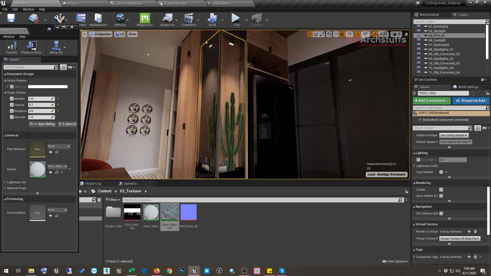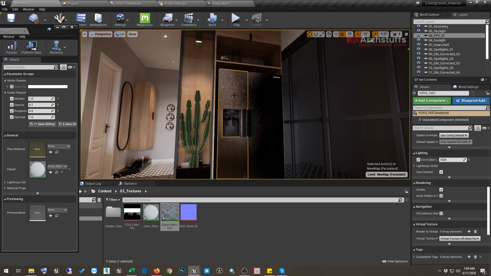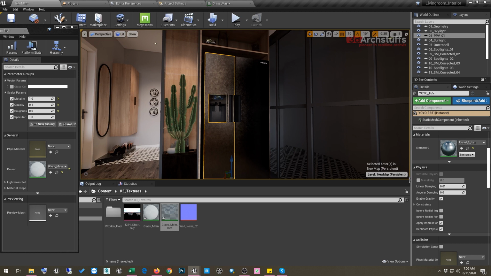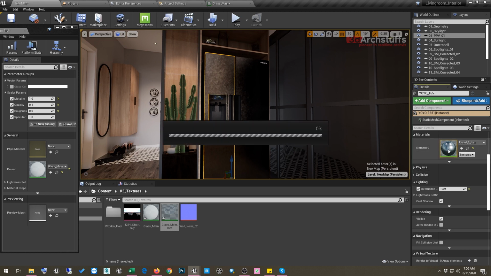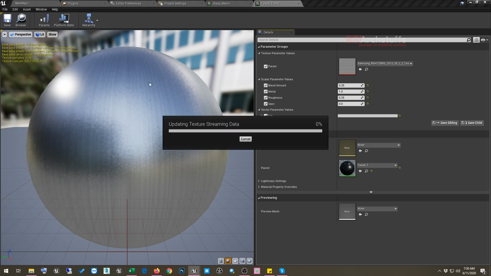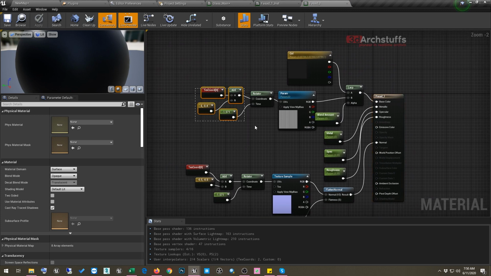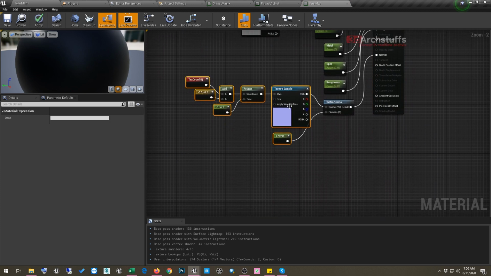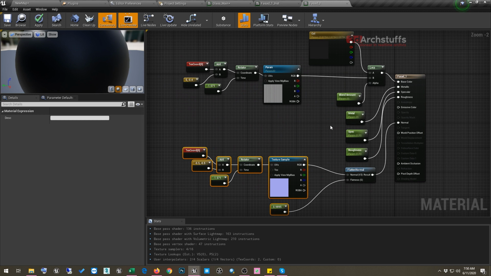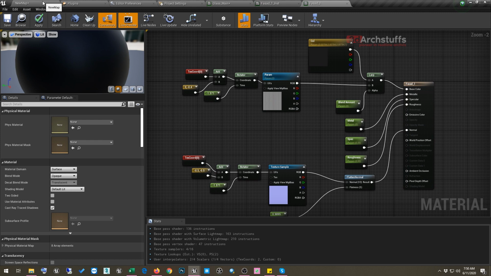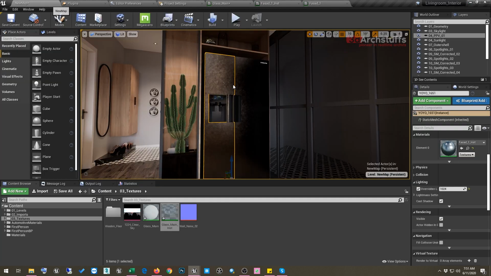So after this, what we'll do is we'll go ahead and make a metallic material. So we'll just select this material and tweak it to make it even better. So I'll just double click on it, and then I'll close this as of now, and then I will open this facade, and you can see that we have this texture and this material, and we will tweak these materials if required. So we already have an instance of this, so let's optimize that instance material to get the best metallic value possible on this surface.